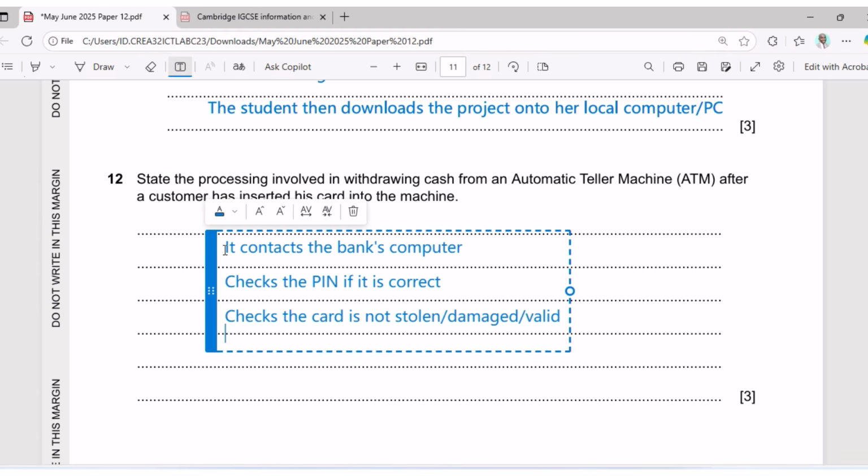Then it's after that you can allow access to customer's accounts,